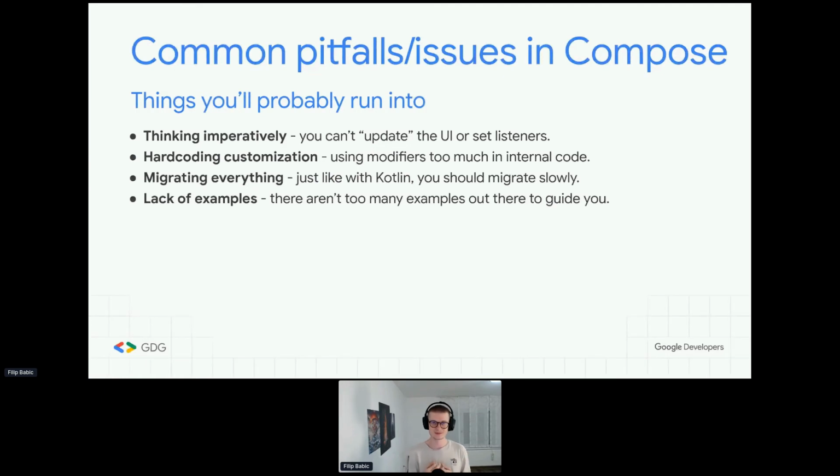The second big pitfall, I guess, is hard-coding customization. We've had some issues where we provided some components and we put in some of the basic customization in our modifiers, which made sense at the time, but then we realized that using specific modifiers in internal code essentially means that if the user wanted to override that modifier, they couldn't do it. So the idea here is, again, to allow the user to customize everything through modifiers if they want,